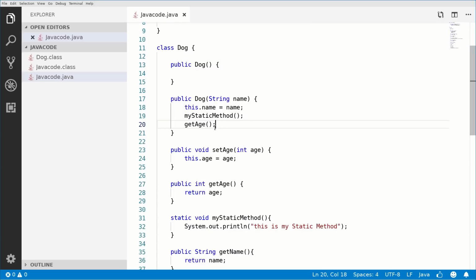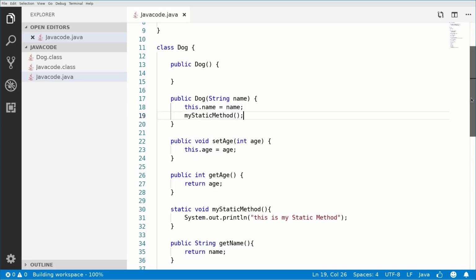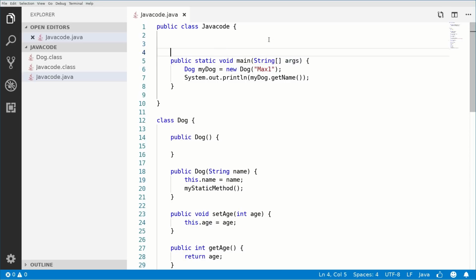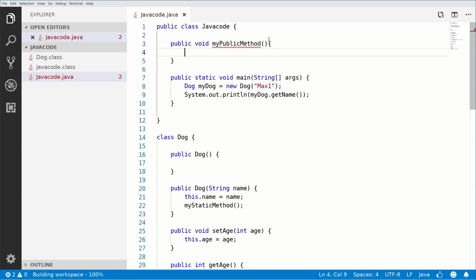So the problem is that here we are already creating the new class, okay? So let's try to do the same but in the main method, right? Outside the main method, I will create a public method. So say public void, I will call it my public method, right? Okay, I will open brackets here and I'll say